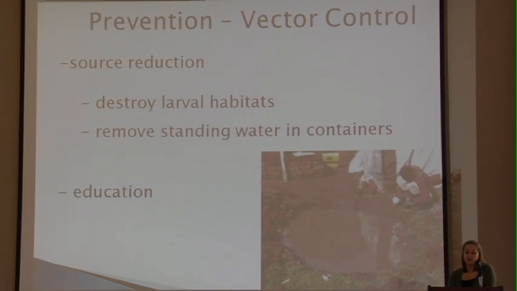Another method to prevent the spread of malaria is by destroying the habitats where the mosquito larvae develop. Some ways to do this are by filling in depressions that collect water and draining swampy areas. And as Stephanie mentioned, it's also important to review or cover any standing containers such as cups, trash bins, or anything else that can collect water and provide an entertaining environment for the mosquitoes to breed. And it's also important to educate the people who live in the endemic areas and gain their trust in order to implement the program successfully.